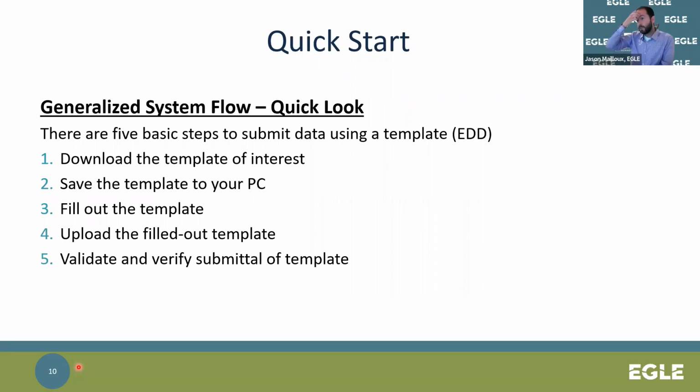I took this directly from that guide and said, there really is a quick start. So if you want to do what I'd say a lot of people do, I'll admit when I first started MiSTAR, and I think a lot of people do this generally, you take something and you use it until you're confused or it's not working the way you think, and then you go read the instructions. Well, I'm hoping people will read the instructions or follow through or look at this presentation, but if you don't,